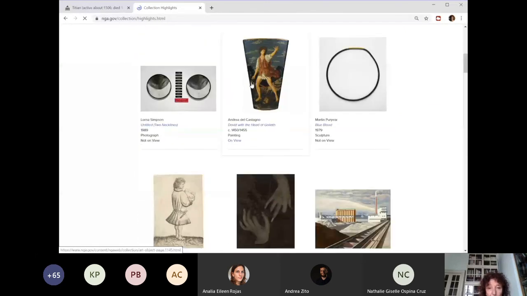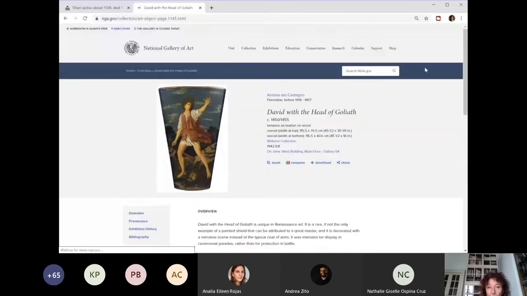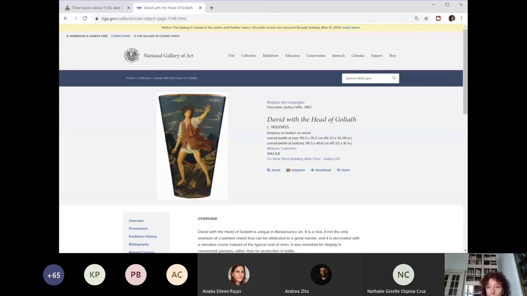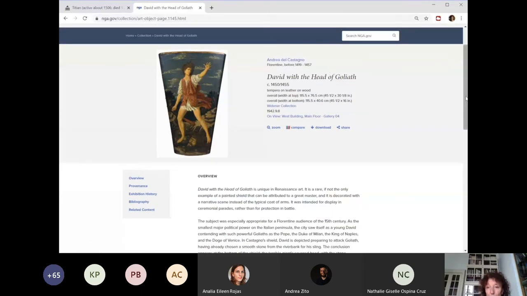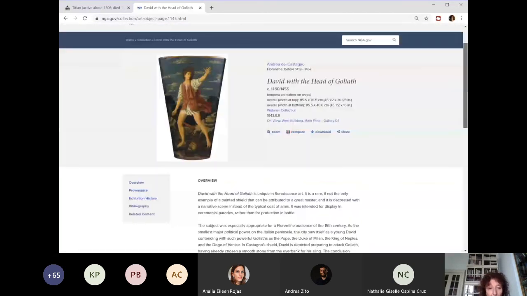Let's go to our Andrea del Castagno. In this case, these are the structural link. This is the transition link. They have decided to